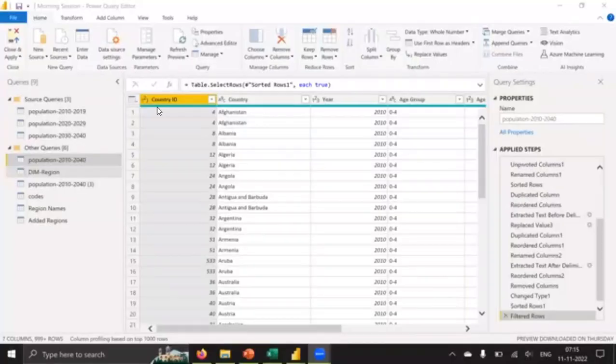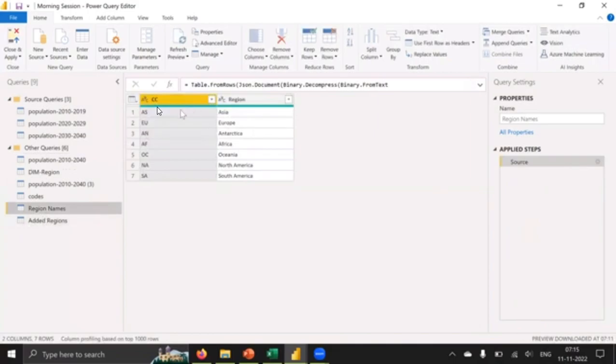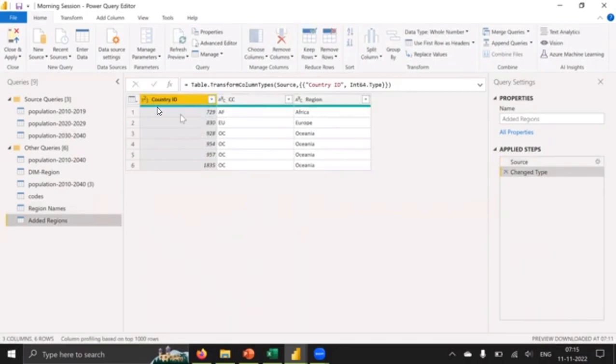In the previous session, we completed creating the dimension region table, right? Where we had the country ID, country, and the region columns. Let me just share my screen. Yeah. So we basically created the dim region table using the codes data set that we connected to and the two tables that we created, right? So the region names for the expanded names of the continent codes and the missing country IDs in the codes